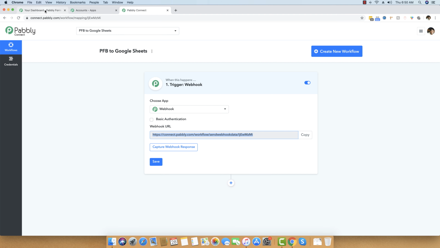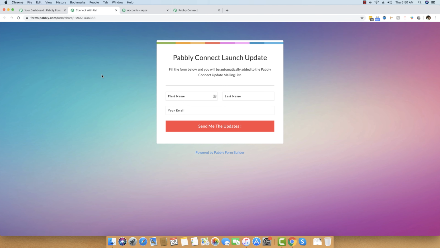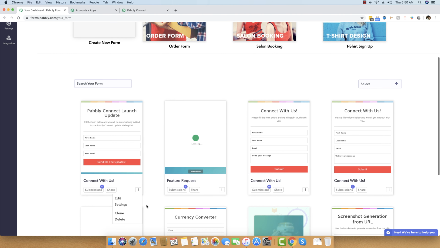So what I'm going to do is I'm just going to my Pabbly Form Builder account, and I already created a form which looks something like this inside Pabbly Form Builder account. It says first name, last name, and your email. So I just created this form with the help of Pabbly Form Builder, and what I'm going to do is I'm just going to settings by clicking this three dot right here.